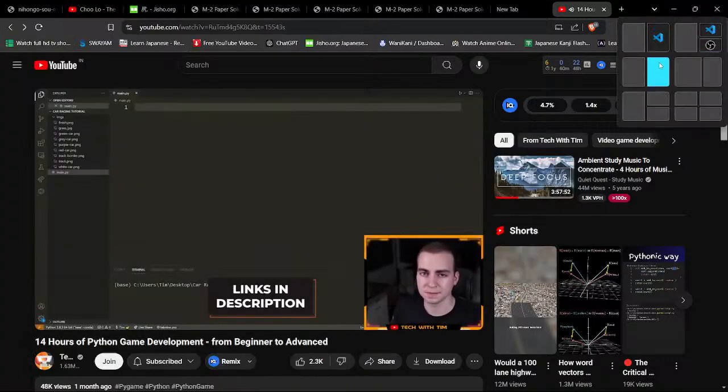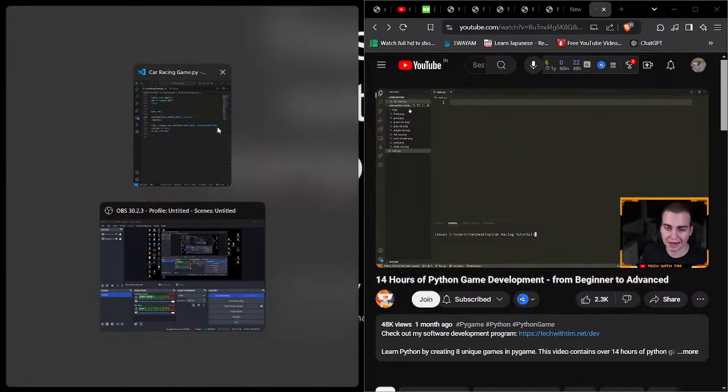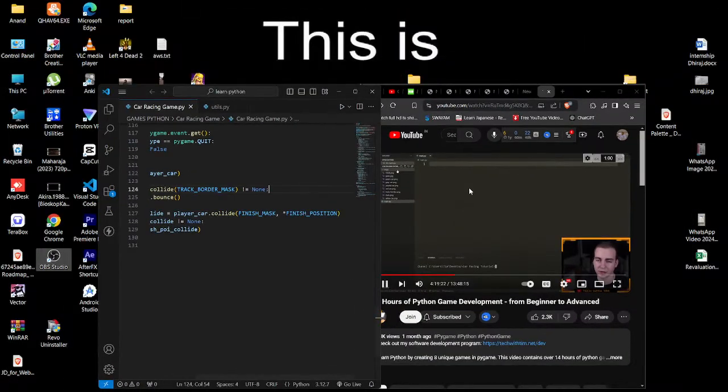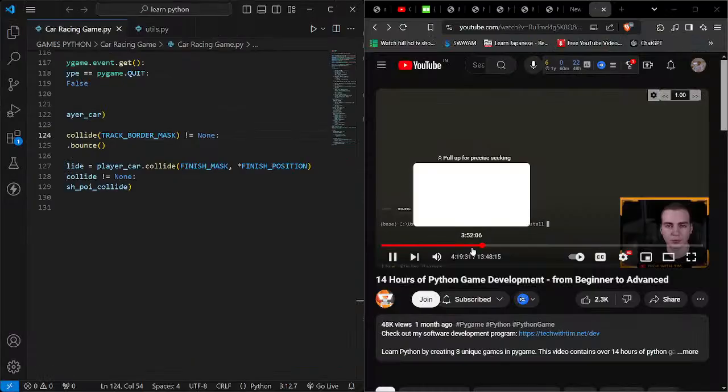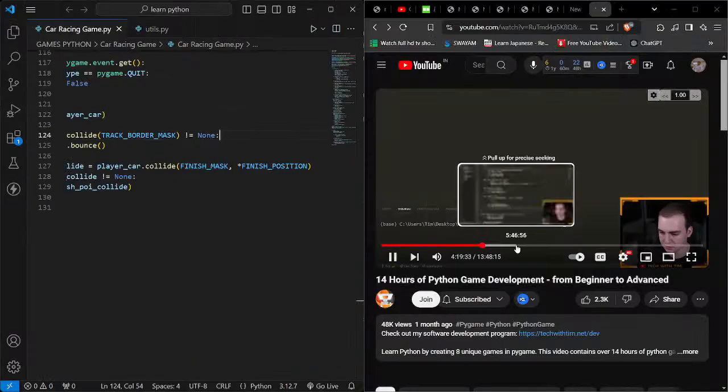It should download a zip folder, and then you can extract the zip folder by right-clicking on it and get all of the images. Now that we have that, what we need to do is install Pygame. So what you're going to do is go in your terminal or command prompt and type pip install Pygame,